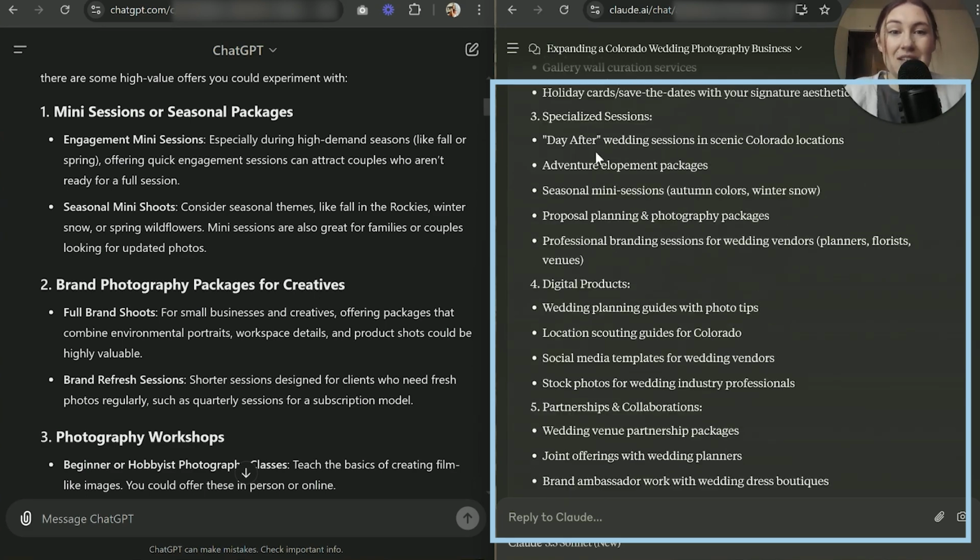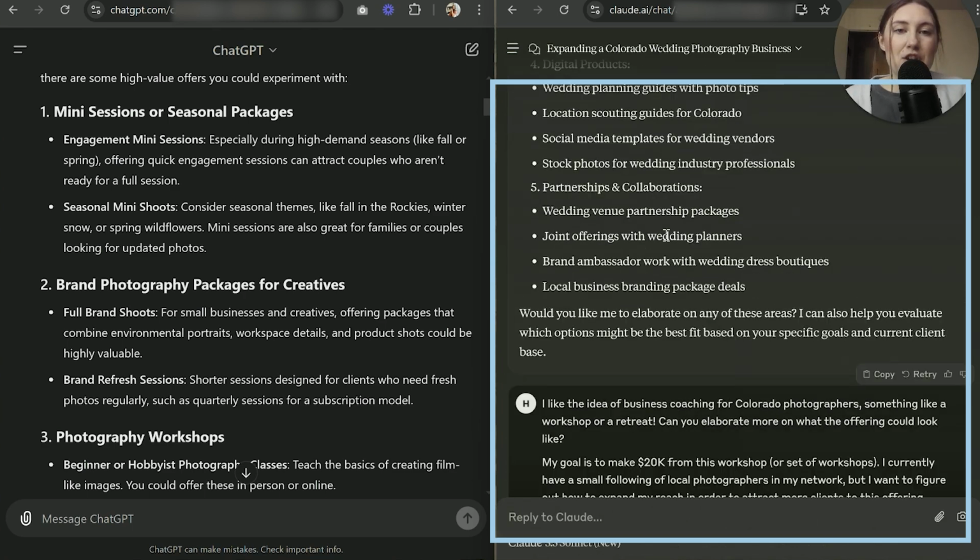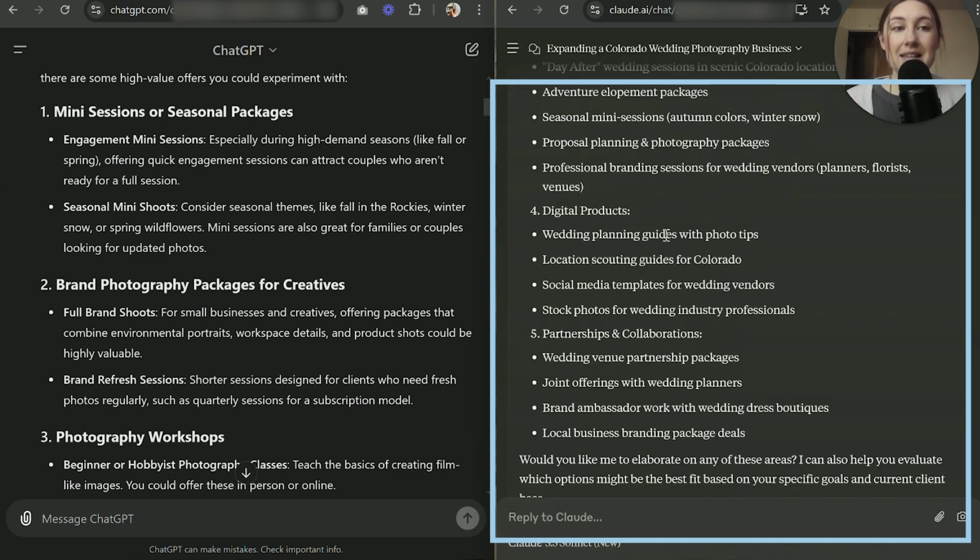specialized sessions, which is including some of these ideas, but expanding on them even more and giving more topics, digital products, partnerships, and collaborations. So you can see here, Claude is giving a lot of different ideas and context and really expanding across a lot of different categories to help you really nail down and just start brainstorming and thinking of different ideas. I love that Claude provides this variety of ideas at first and is not expanding on them